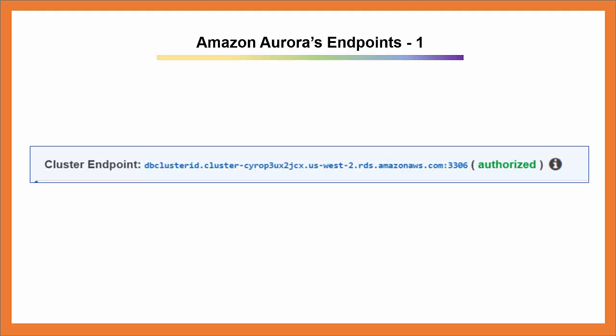You connect to the instances of an Aurora database cluster by using one of several endpoints for a database cluster. An endpoint is made up of a domain name and a port separated by a colon. The example on this screenshot is dbcluster.id.cluster-cys-west-2.rds.amazonaws.com:3306. There are three endpoints to choose from to connect to, and which one you choose should best fit your